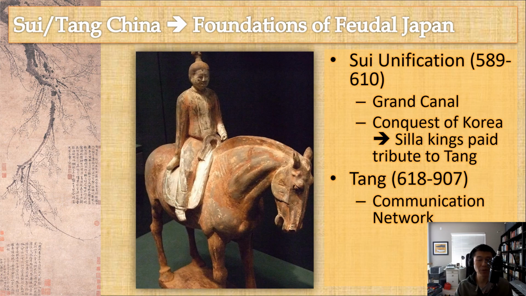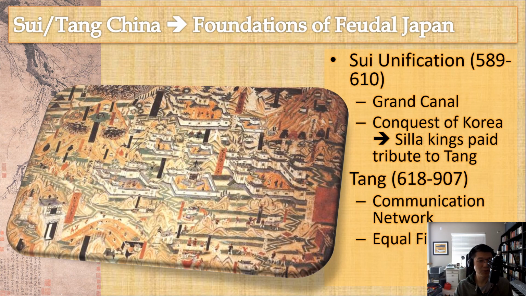The Tang also was able to break apart the power of the regional warlords by redistributing property and lands through what is known as the equal field system, whereby they could pass on about 1/5 of the property. The rest would be redistributed by the Tang state for their own control.